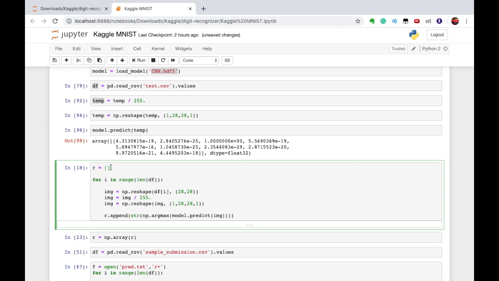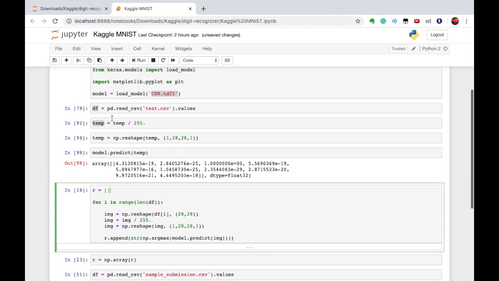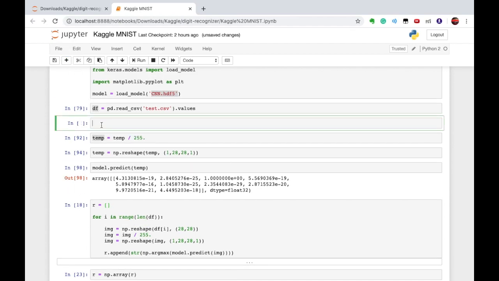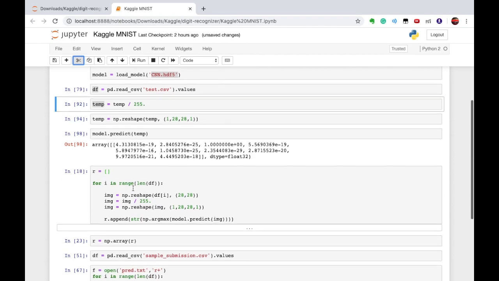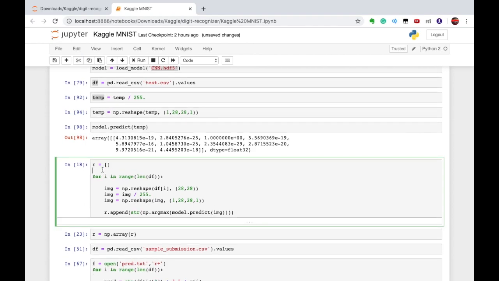So this list is containing all the predictions for 28,000 images.